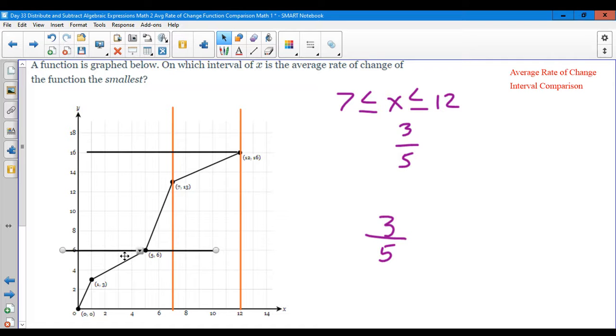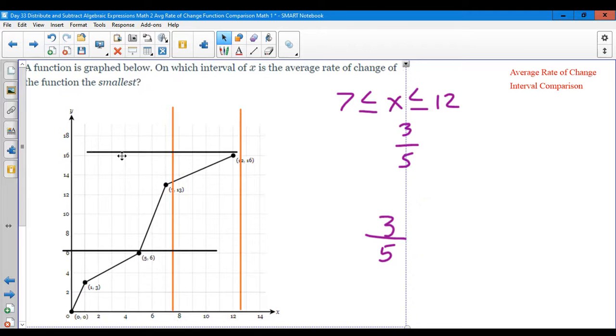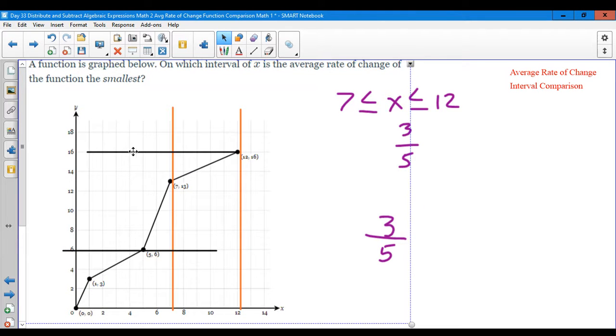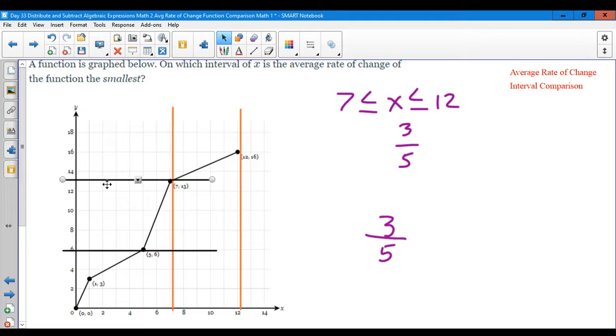So this is right there at 6 on the y-axis. So I might figure out my, oops, I don't want to move the graph. And 13, of course, the same dot, the coordinate that it was at before. So this time I'm figuring out this interval, and my rise this time is from 6 to 13, so my rise is 7 on that one. And I'm going to write that closer to where it is. And then I've already got